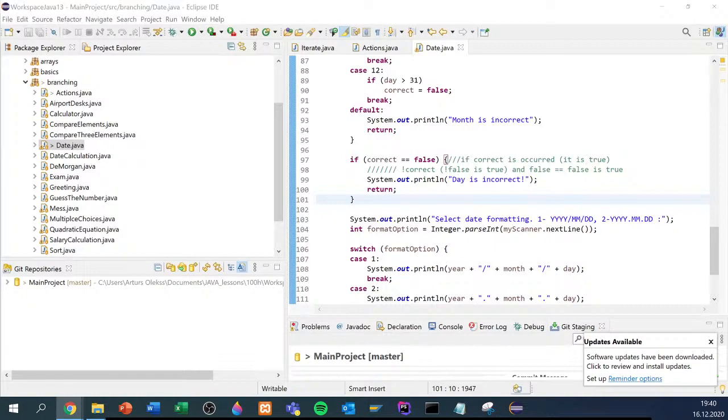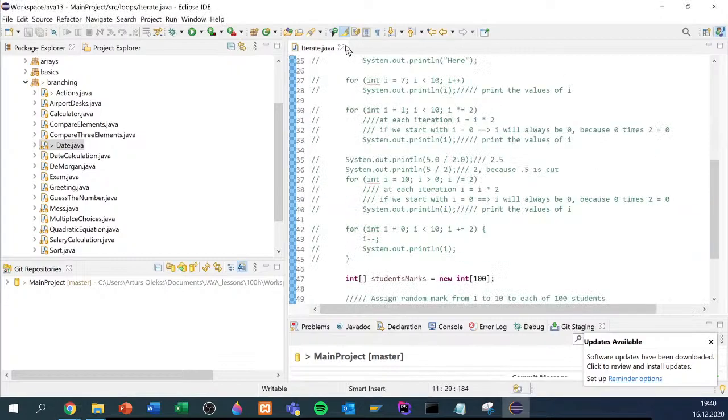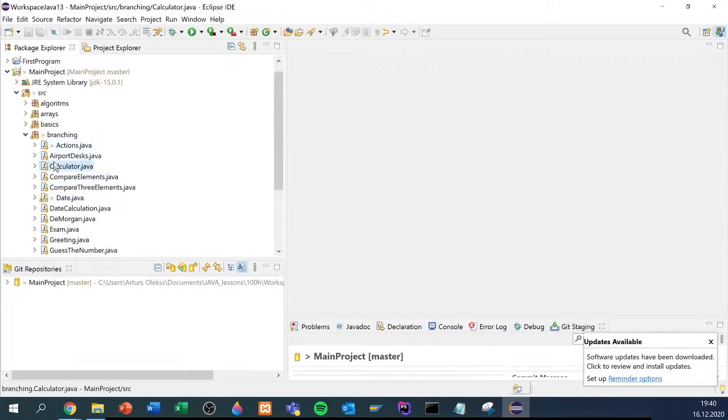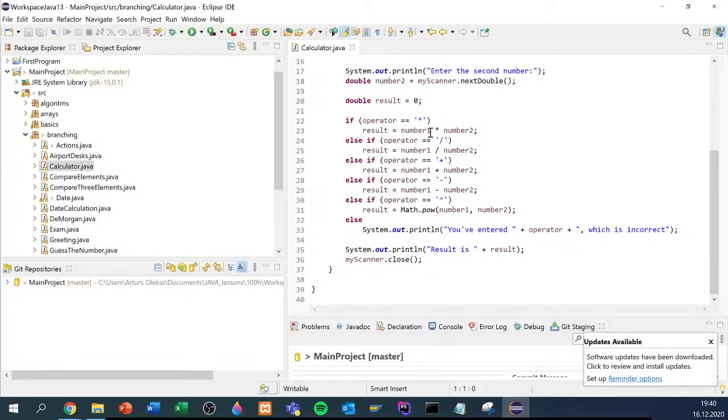Okay, let's move on. So there's the question about creating calculator using switch control. So let's check how it was created. So that was using else if